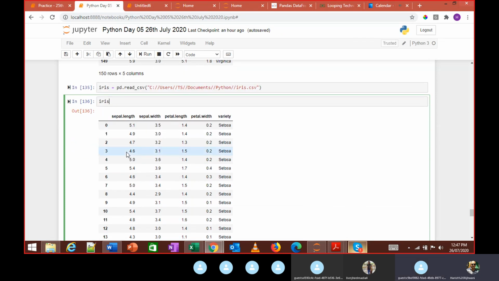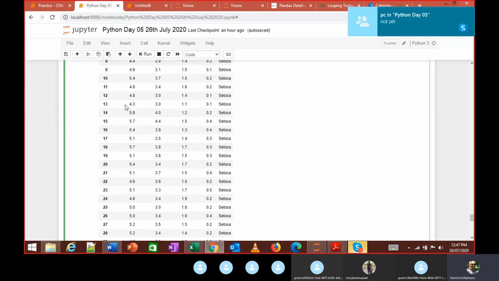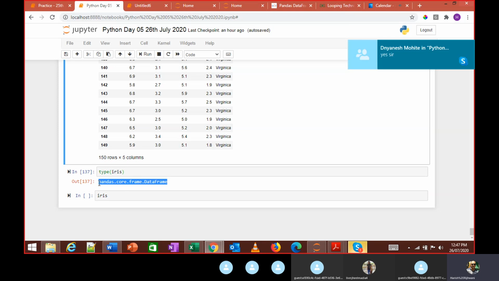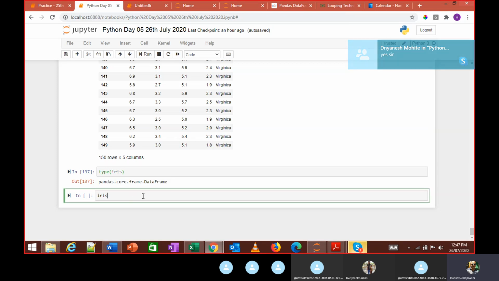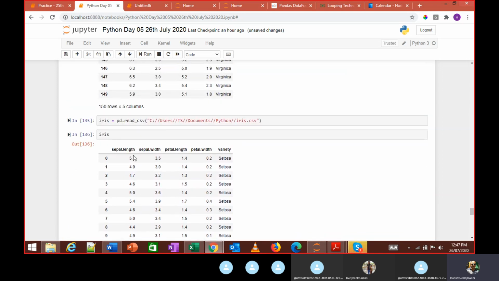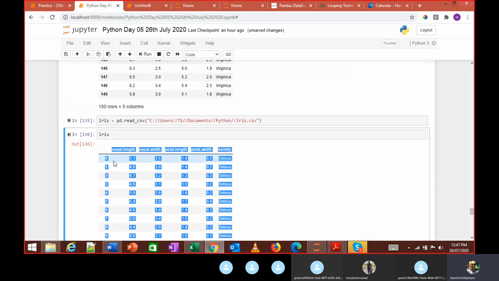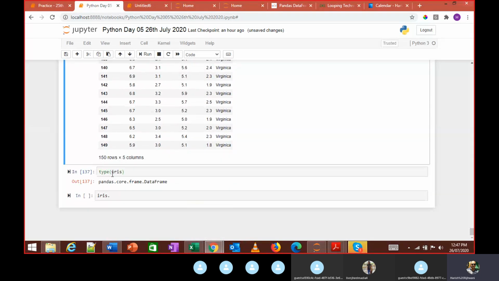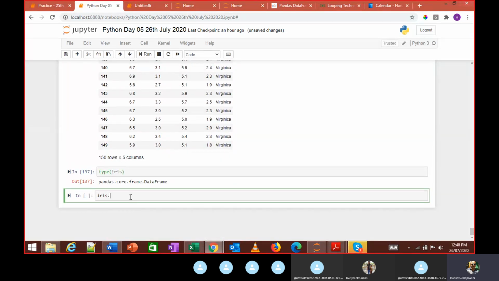Yes, sir. Yeah, so here, when you see iris and I use the type function for iris, I see it as a data frame. It is a data frame for that matter. And when you print iris, you see the column names at the top and the index on the left. You see that value. So if I do iris dot describe,